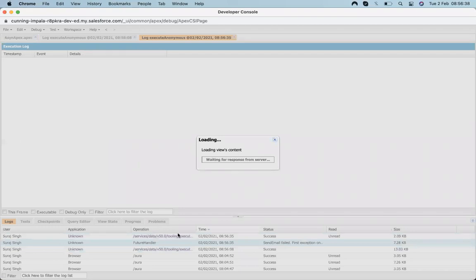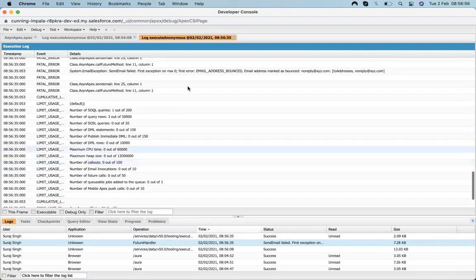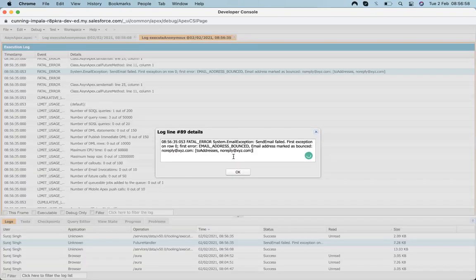So you can see that there are two methods throwing. First is the future handler, which says that it's an asynchronous method. So threads are changed. This is our main thread and it's coming out of that thread, and the thread is changed, and it's causing some exception. Might be some email address which is not good, so that's why the email is bounced back.